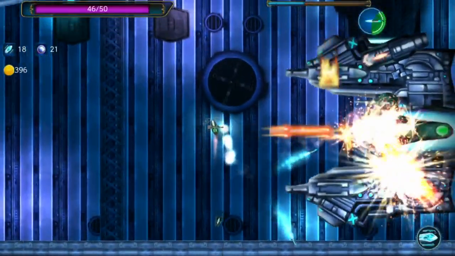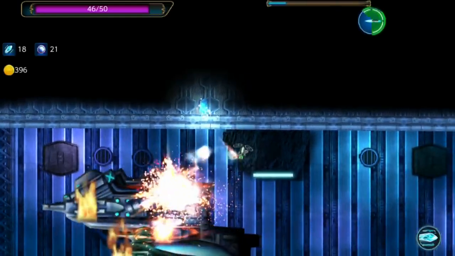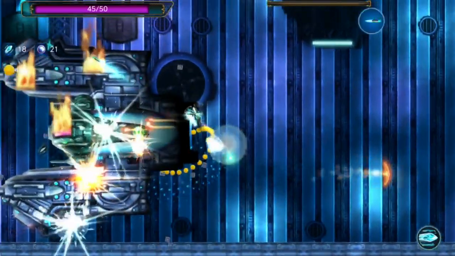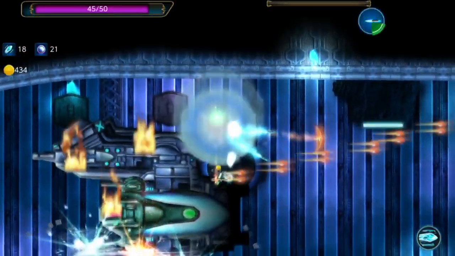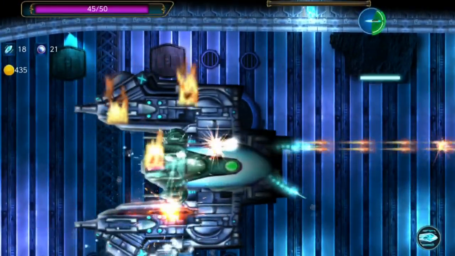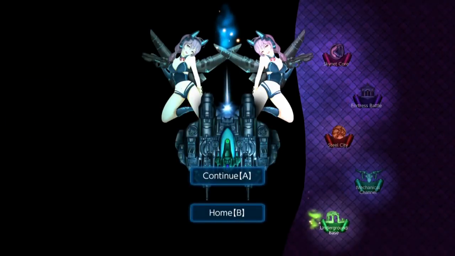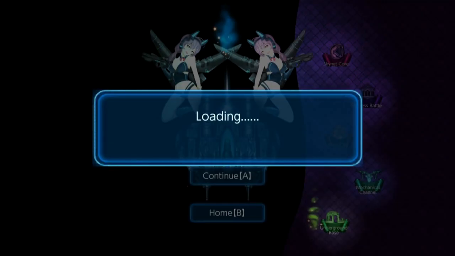The auto aim, let's see, can be both a blessing and a curse here. So the boss can't consistently take damage on all parts of it. So using the auto aim just to finish up the boss is a great way to take it out. The boss here also has a nice death hop, and that's the end of stage 1, the underground base. So as you can see here the other 4 stages: mechanical channel, Still City, Fortress Battle, and the final stage, Skynet Core. Continuing, we're taken